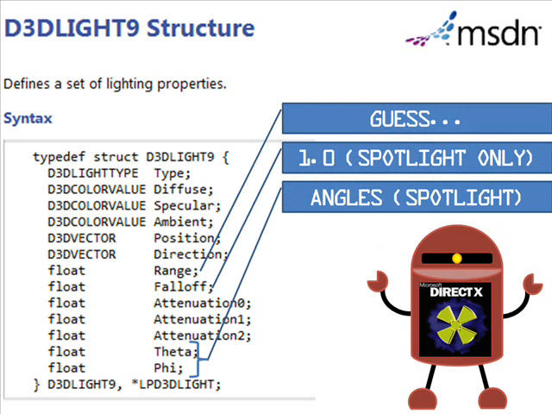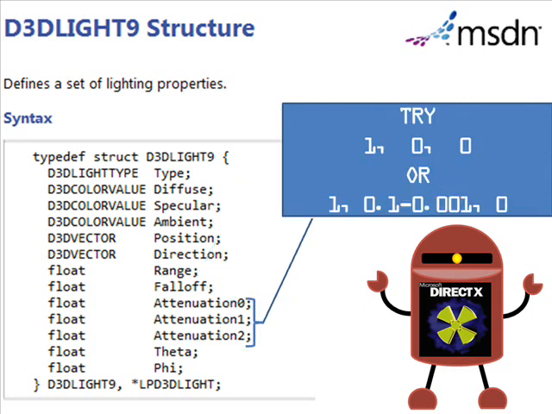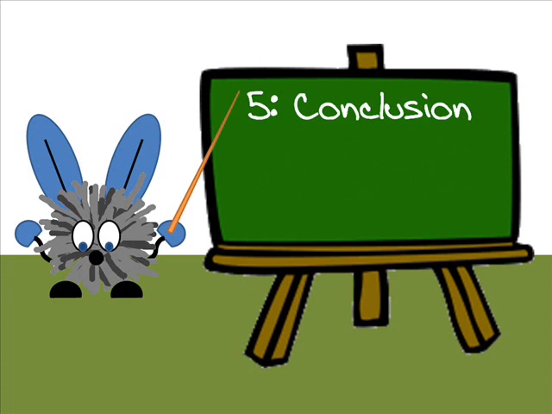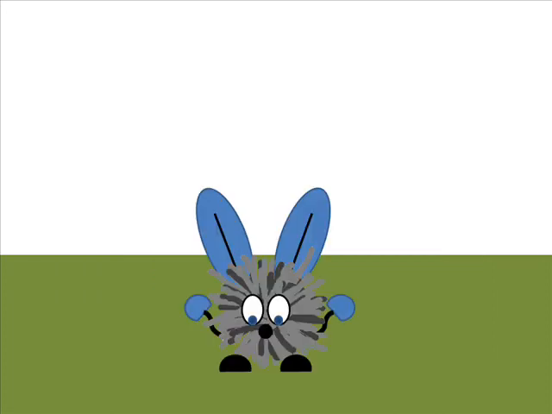Falloff, this is something for spotlights only. Just put it to 1 and leave it alone. The theta and the phi are also for spotlights. It's all about the angles. Read the textbook. Attenuation, this is used on point lights and spotlights to make the light fade off neatly. I've put up some values. Try it, mess around with them, see what works for you. So, here's the quick summary. You create your light, make sure it's empty, fill it with all the various attributes, hand it over to DirectX, and there's your light. So, in conclusion, lighting is very important in your game, and